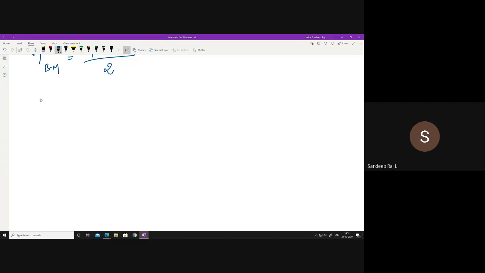Let us say T in is equal to 31 degrees centigrade, and T out is equal to 36 degrees centigrade. Once you know T in and T out, you'll be in a position to calculate the bulk mean temperature. Once you know the bulk mean temperature, what's the use of it? You have to calculate